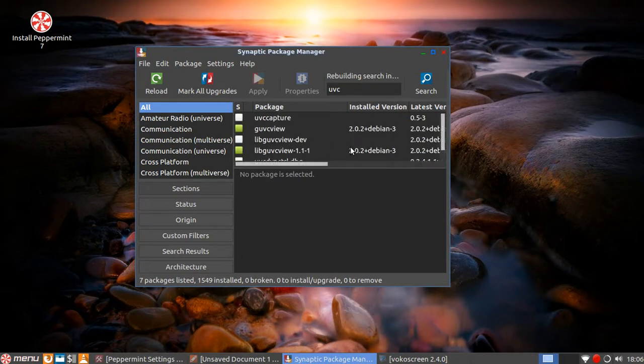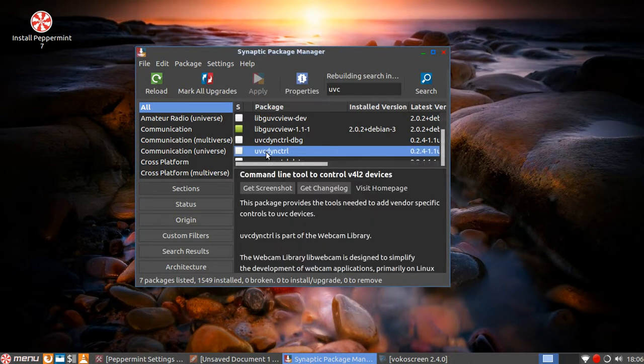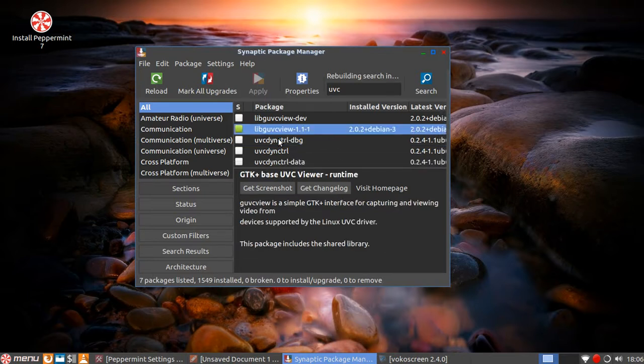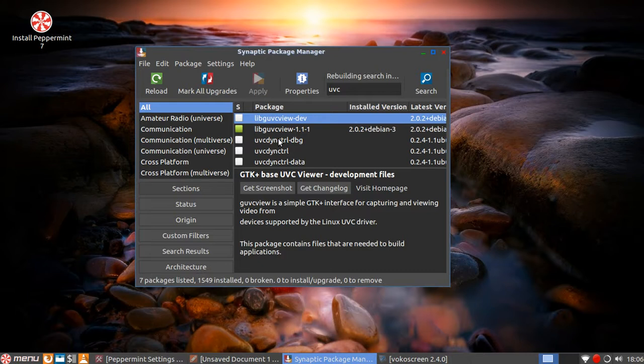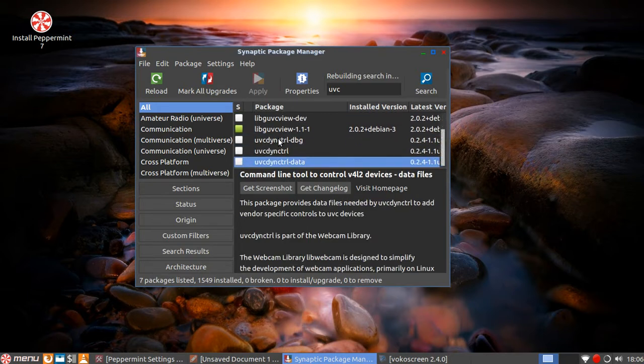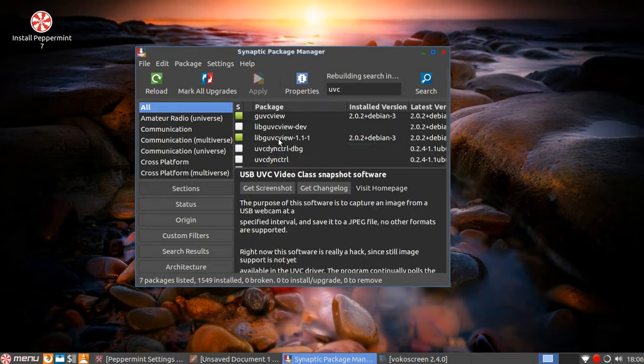So if you wanted to find that, and now here you got UVC. It tells you what the program is. Let's see, so that's runtime. Let's see, development. Okay, so the driver is probably there somewhere. See, command line to data. But anyways,